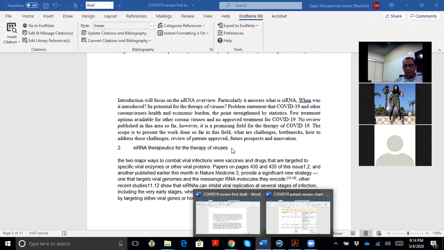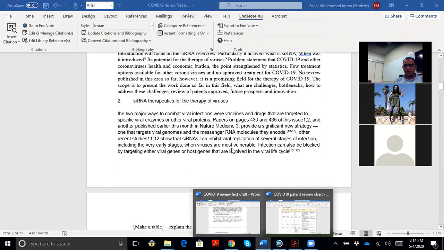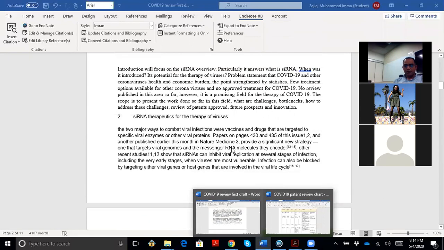Then we will narrow down our focus to the coronaviruses only. Regarding this section, I think I need to study some more papers, so that's what I am doing right now. But if you have any idea regarding this review, you can share it with me.